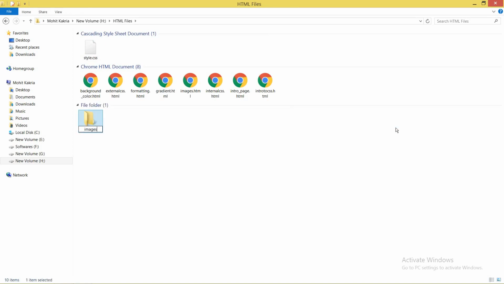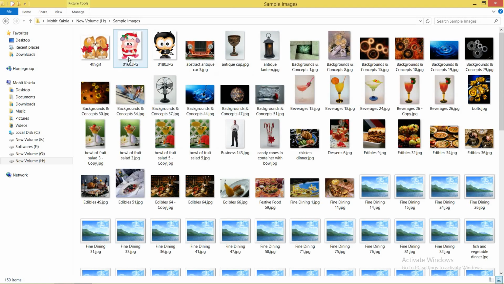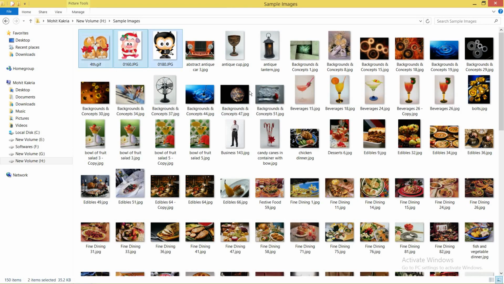I have an images folder. Then go back, and whatever images you want to use in your web page, copy and paste all those images into that folder. I have sample images. Now I want to use, let's say, this one, and by pressing Control and clicking, you can copy and paste multiple images all together.